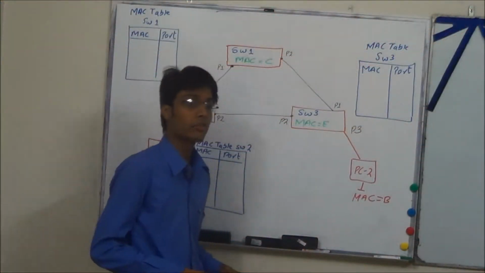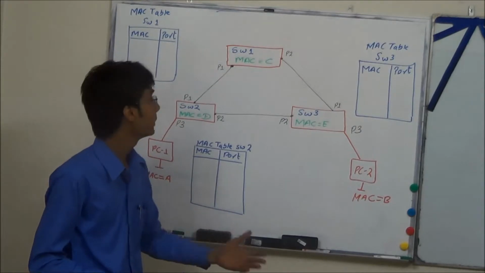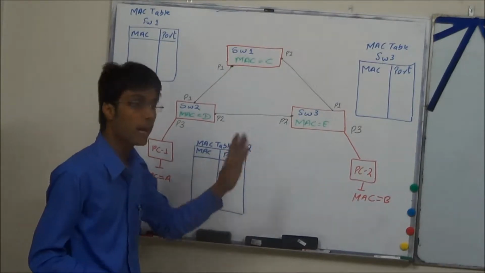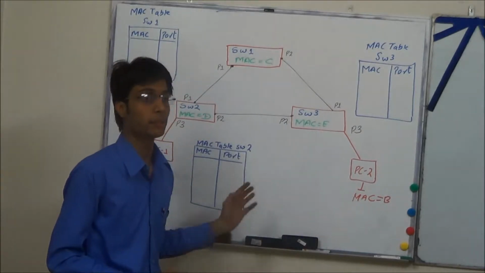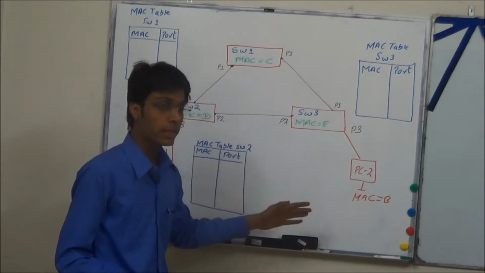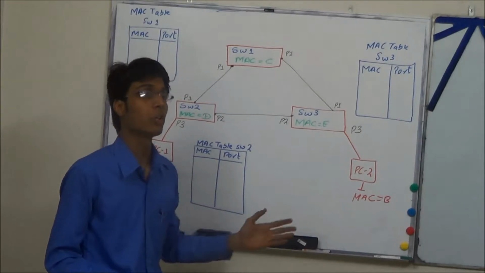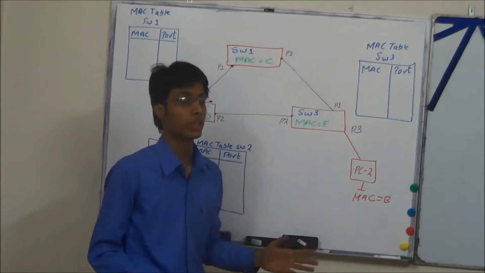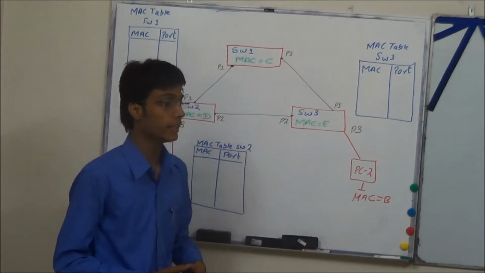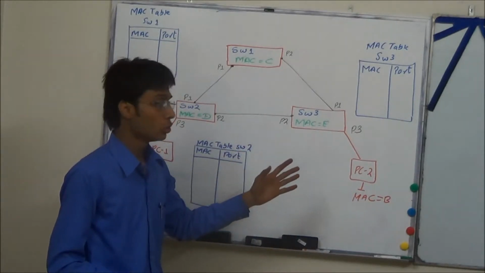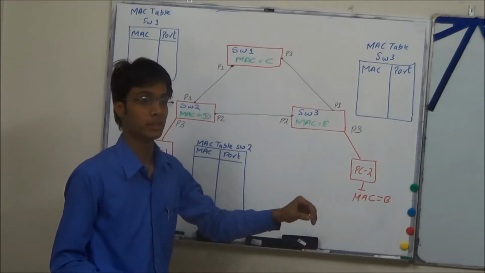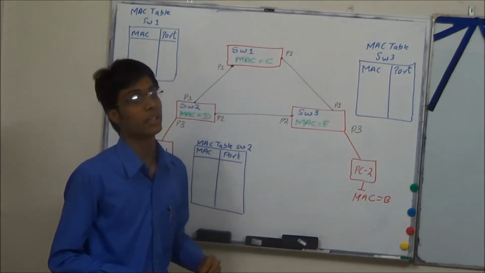We know why we use redundant links or redundancy: to provide an alternate path so that if one fails, another one can take over the same task. Along with that, we also know the issues and problems caused by redundant links, for example MAC move, broadcast storm, and loops being formed. To cope with those problems, we will use one protocol called spanning tree protocol.